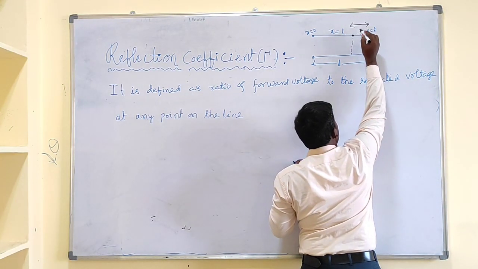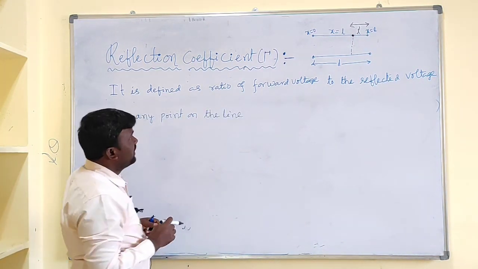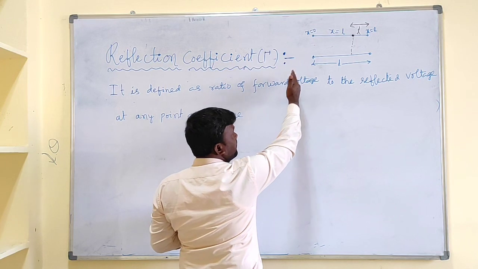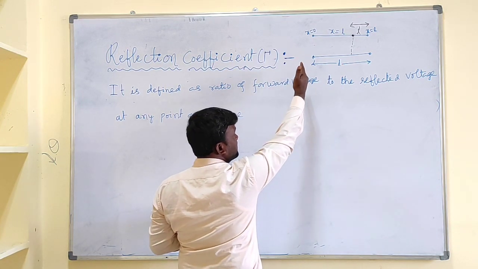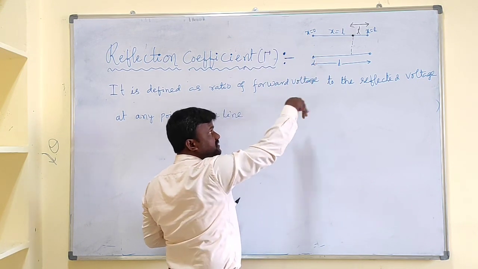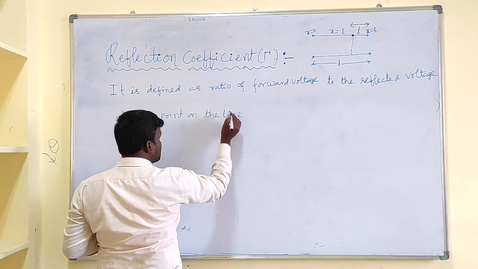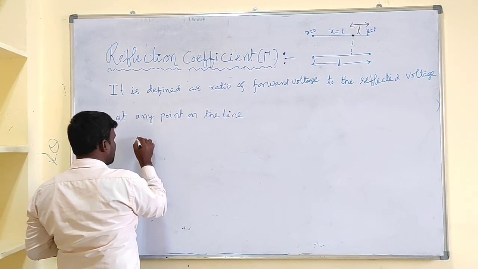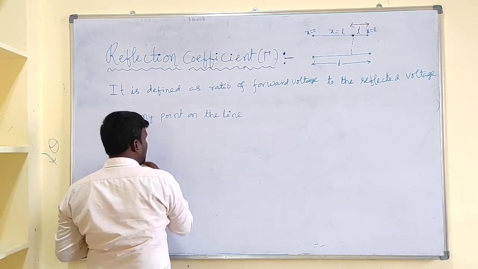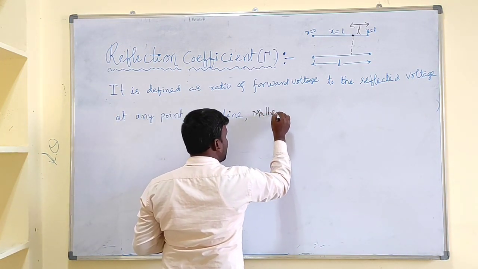We will see this one later. First, we can write x as a variable. x can be varied from 0 to L. It may be x equal to 0, or x equal to some L minus L dash, whatever it may be, or else x equal to L. Okay, now let us consider in terms of x. It is defined as gamma, and mathematically we can write gamma